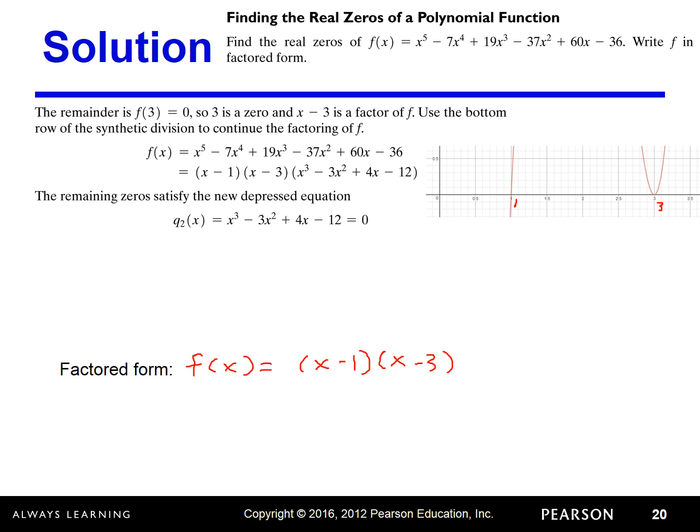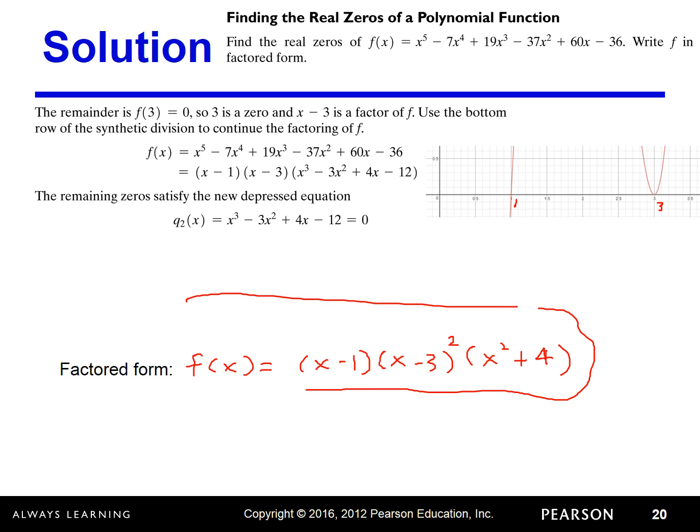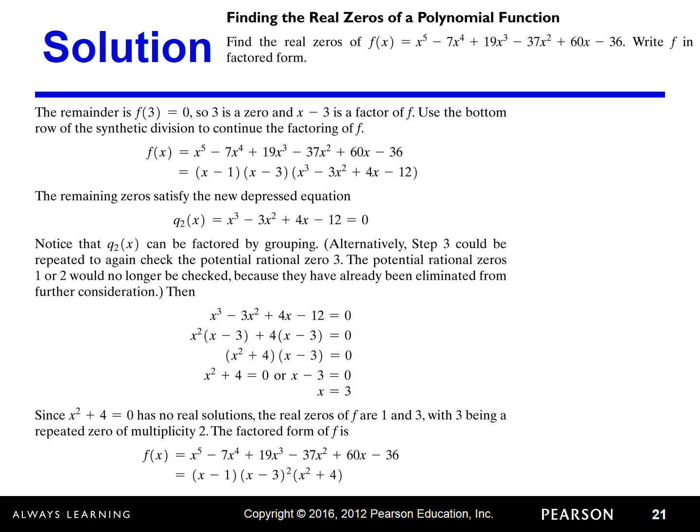If 3 is a 0 of multiplicity 2, then we got 2 factors of x minus 3. And of course that x squared plus 4. We don't have to throw any numerical coefficient on there because our lead coefficient was 1. So here's f in factored form,